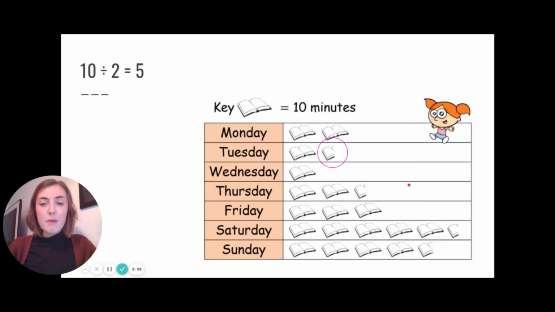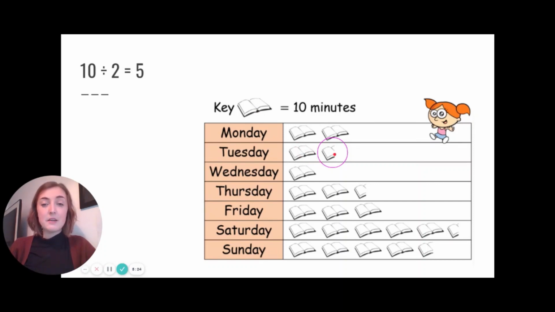But if you remember, some days her numbers were not in the 10 times table, but they were in the 5 times table. And we know that 10 divided by 2 equals 5. So if I halved the number 10, I would have 5. So on Tuesday, she read for 10,